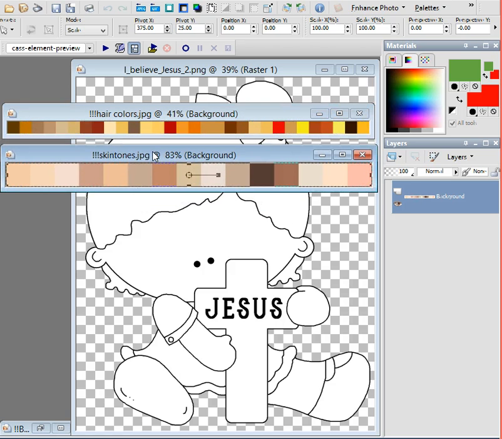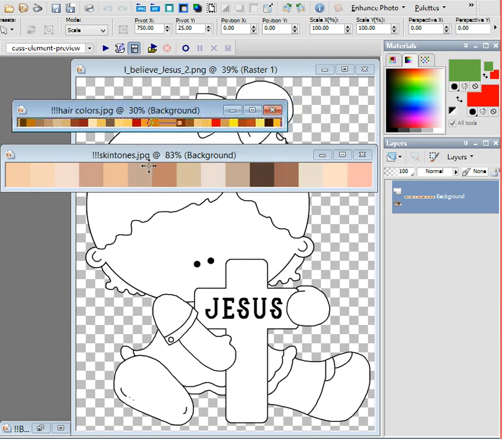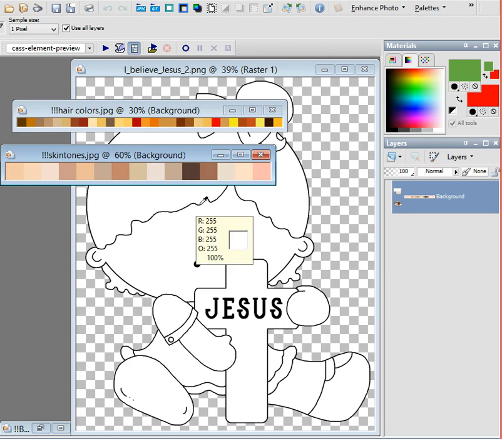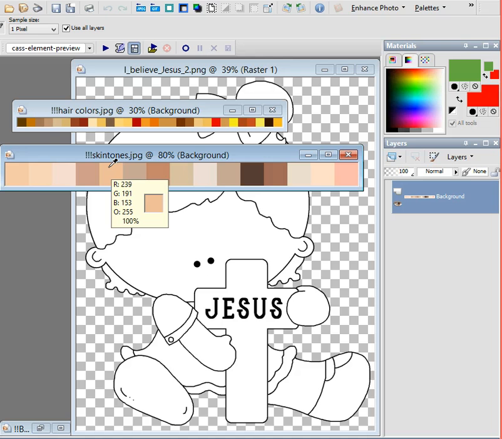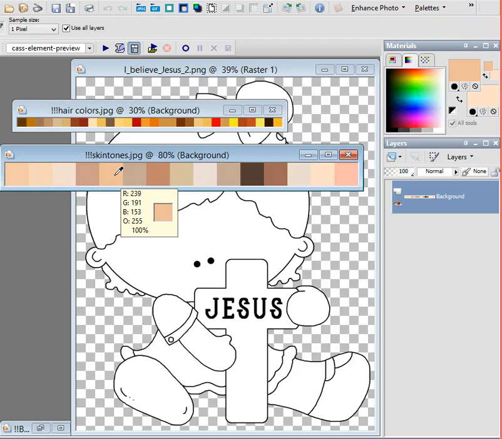These are the two that I use the most. This is the hair color, and this is the skin tones. Now, my favorite skin tone one to use, just take your dropper tool, go to the skin color that you want to use. I usually go for this color, or I'll go over here. So right now I'm going to do her a little bit darker, and then I'm going to give her a lighter background shading. So right click on the lighter one, left click on that one, or vice versa,